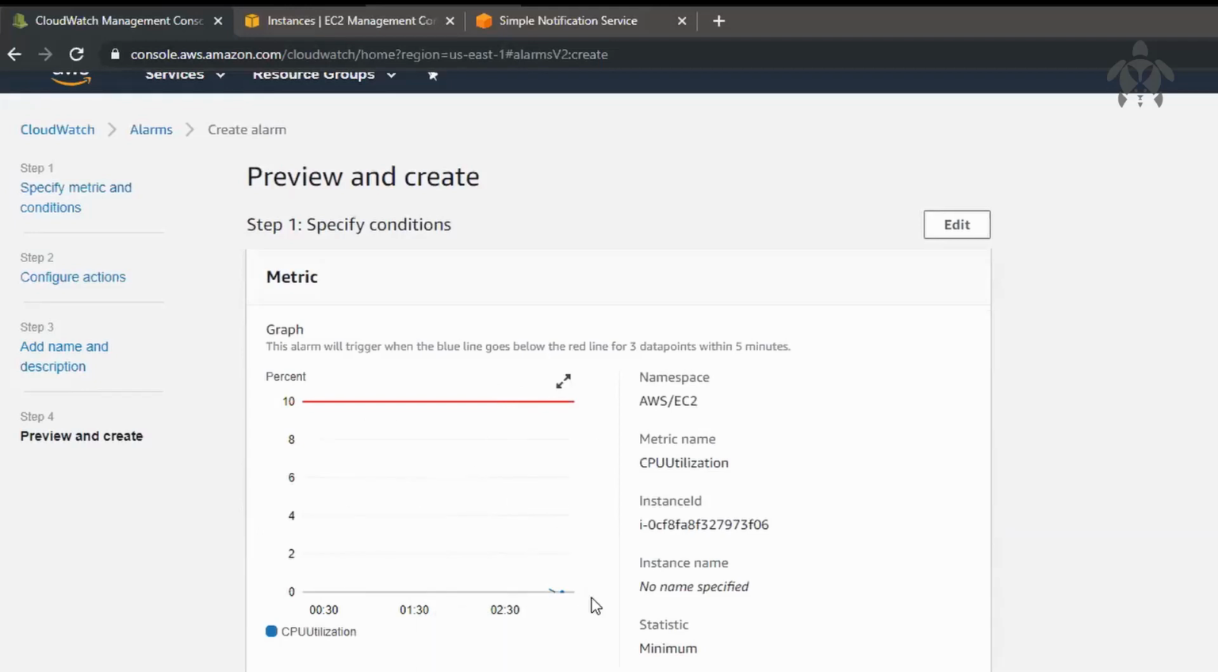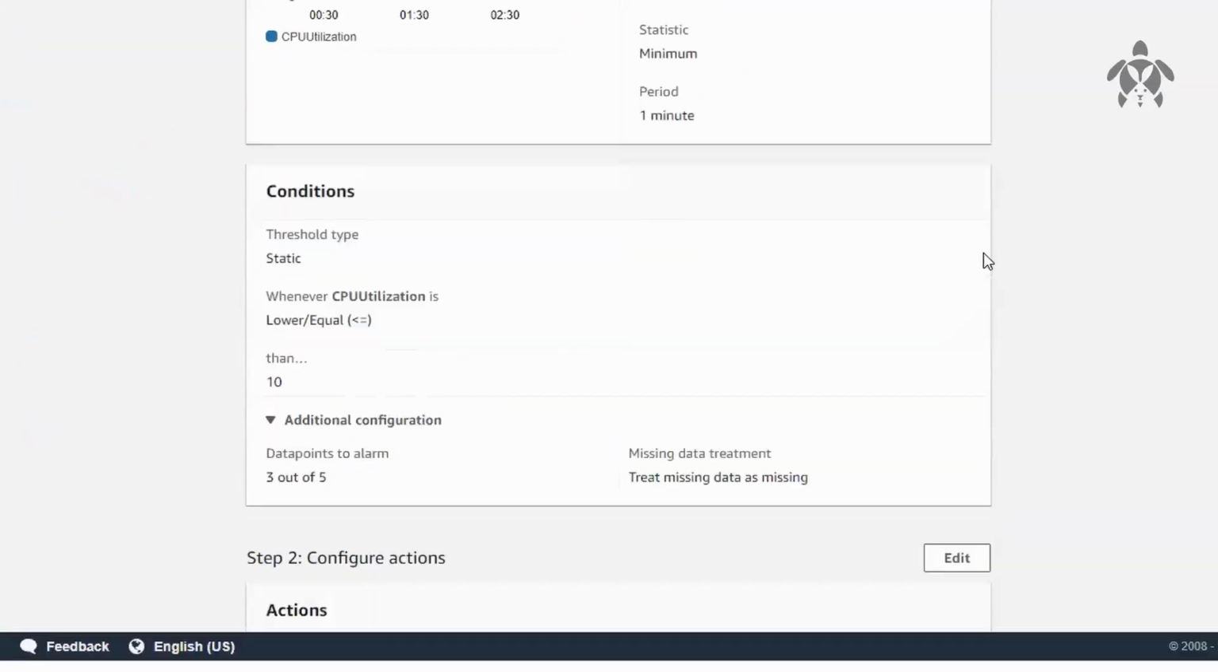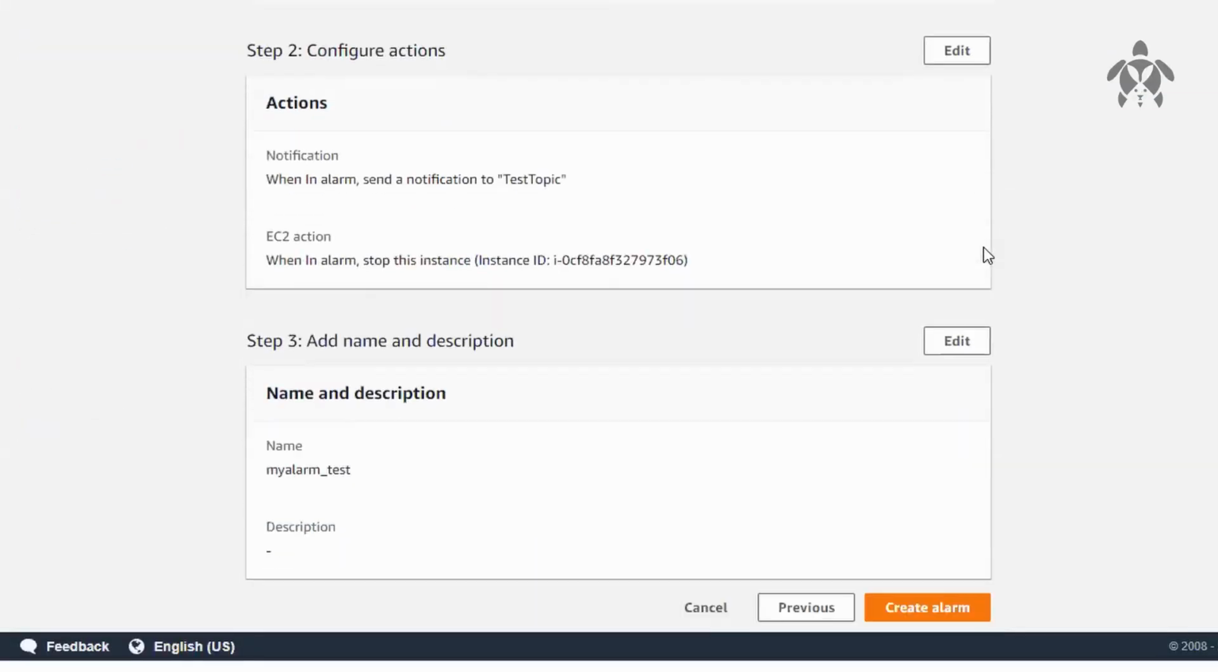This machine is definitely going to be stopped because we are saying if it is less than 10%, stop it, and it is definitely less than 10%. Okay, so it's going to get stopped, right? It is the review screen. You can see everything and you can go and create the alarm. Once you do so,